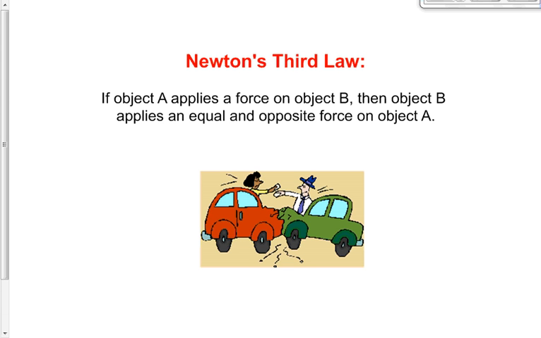Anybody ever shot an airsoft gun? Do you feel a recoil? No. Even though you're applying quite a force, enough force to accelerate the little pellet to a really, really high speed, it just doesn't require that much force to do that. You apply that same force back on the gun, it doesn't do anything because the gun is so much heavier